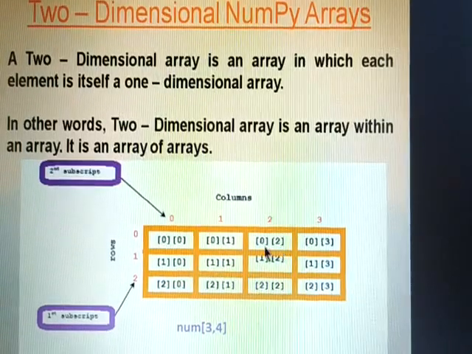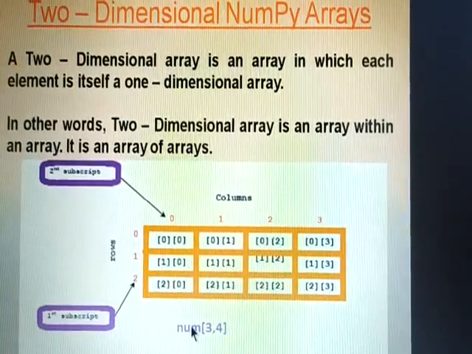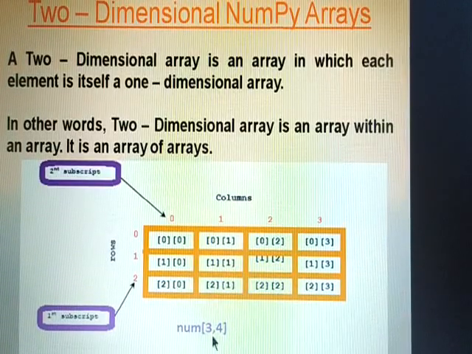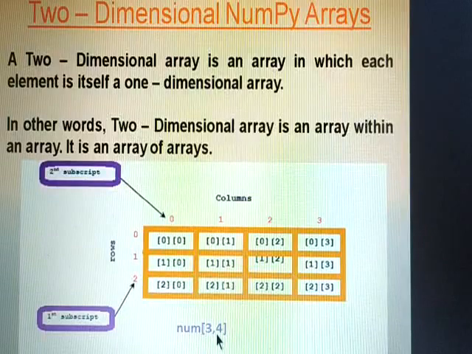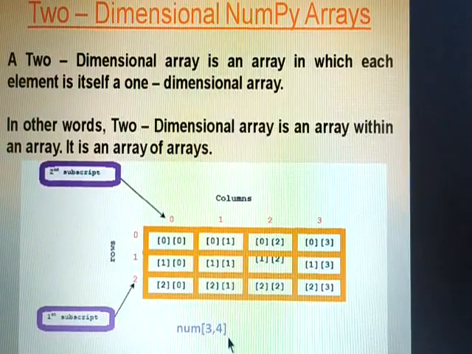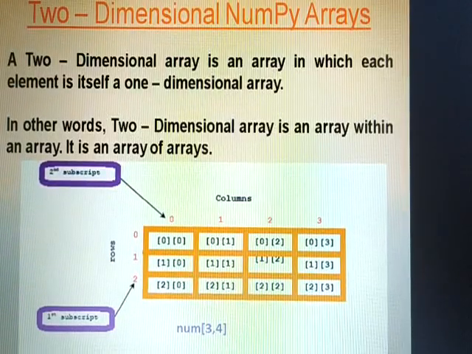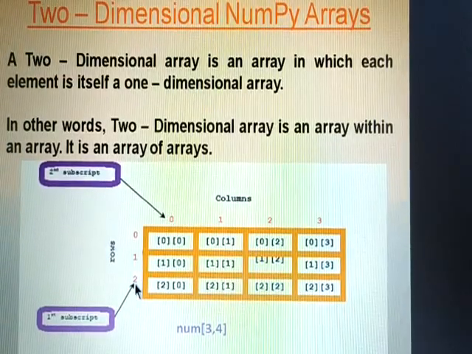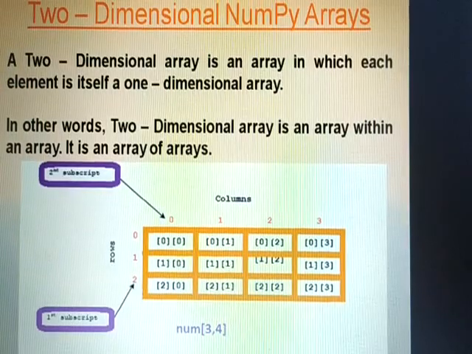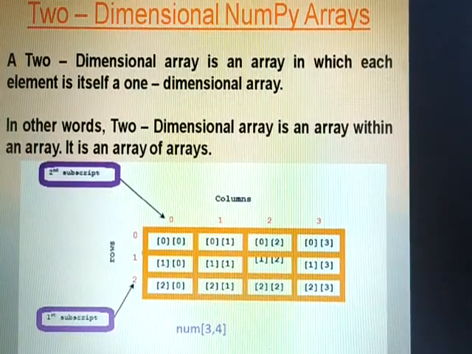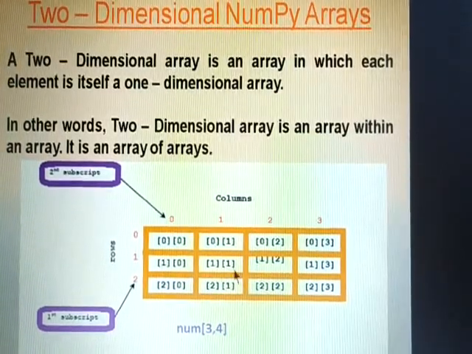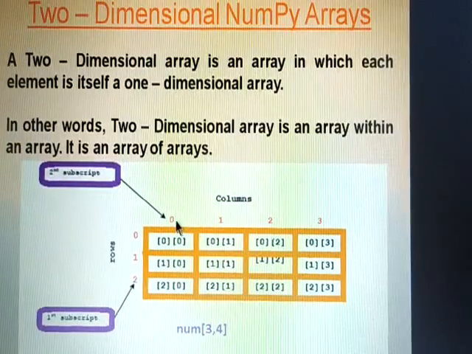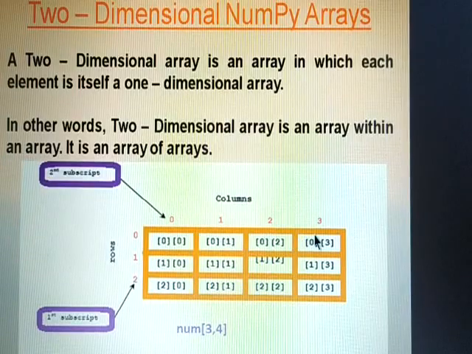In this example, num is an array of two dimensions with 3 rows and 4 columns. Subscript of rows is 0, 1, 2, means 0 to 2, and subscript of columns is 0 to 3, that is 0, 1, 2, 3.